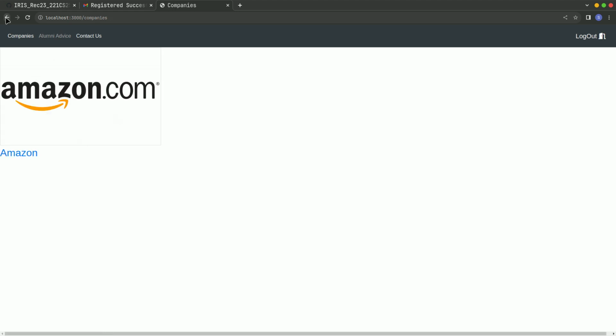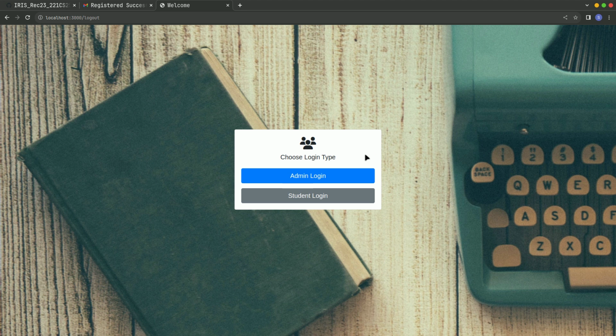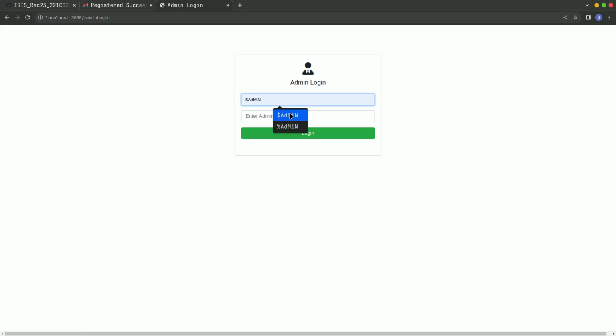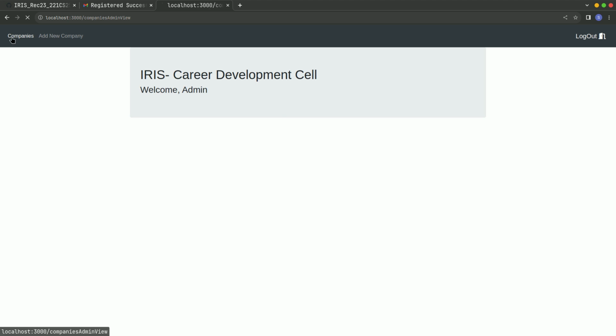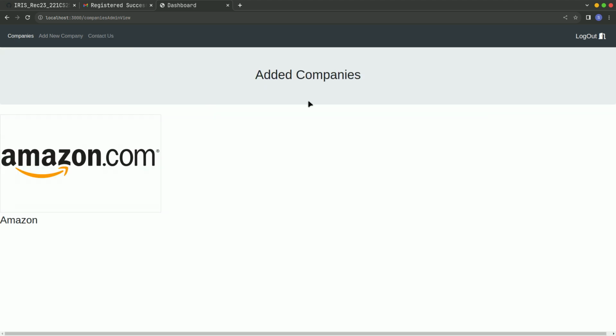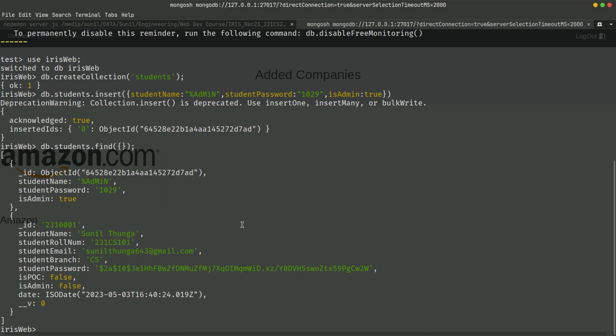And also on the admin page as well. So if I go back to my admin login, and if I just type 1029, right? And if I go back to companies, again it shows me that you have successfully added this particular company, which is Amazon over here. Now if I go back over here, and if I use the other database, which are the collections,